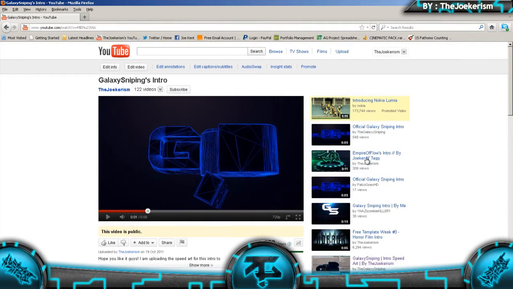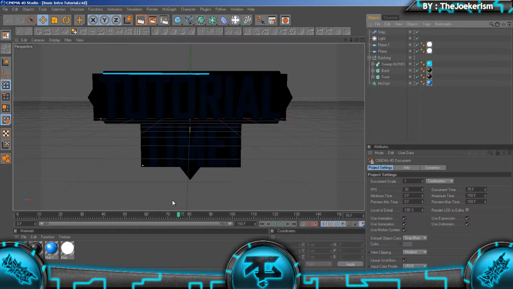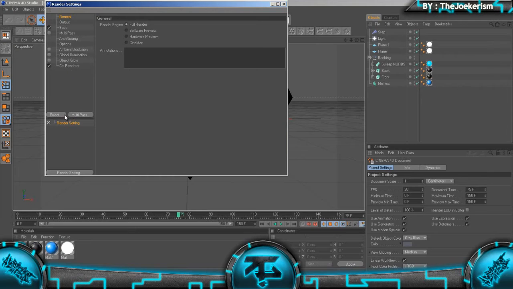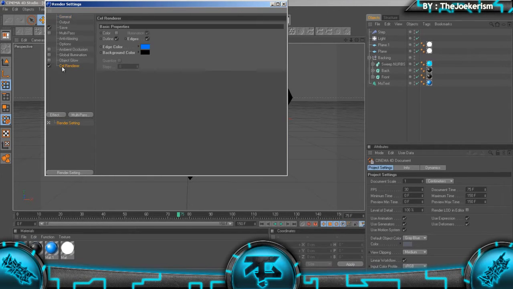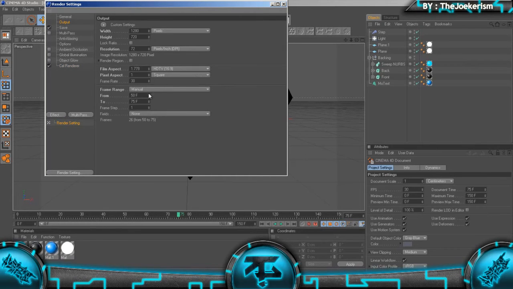Okay, for this part I'm going to be using Cinema 4D, and I'm going to be using it to create this blueprint effect that I use in the Galaxy sniping intro. And all you have to do is go to render settings and go to effect and cell renderer. But it's not there because I've already got it here. And I'm just going to enable outline and edges and put the edge color to blue and the background color to black, and then just uncheck ambient occlusion and global illumination,